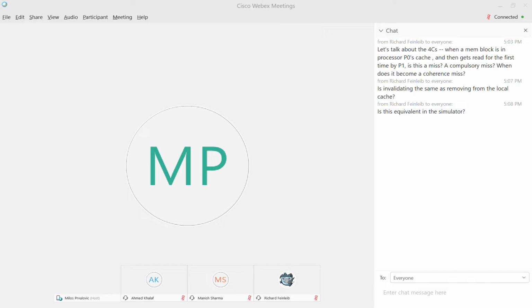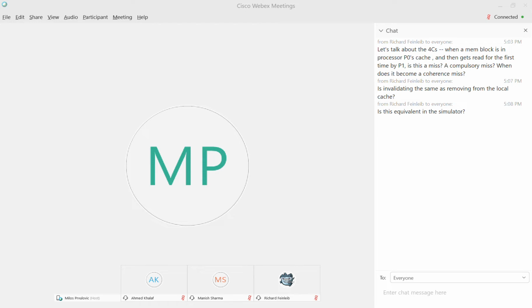Now, the reason the hardware has no problem with doing that is that the check for the tag match and the check for the state match, as in is the state one that allows reading, are done concurrently. So there is no advantage to marking the tag as, let's say, 0 and preventing it from matching. It's totally okay for the tag to match, because whether the tag matches or not doesn't have any impact on how fast we can hit.